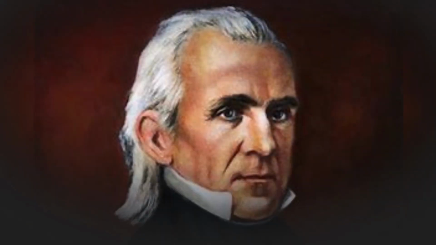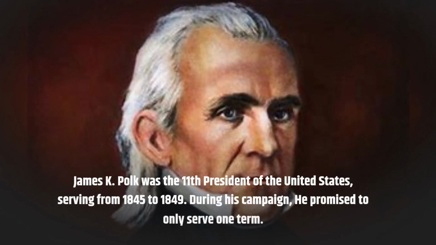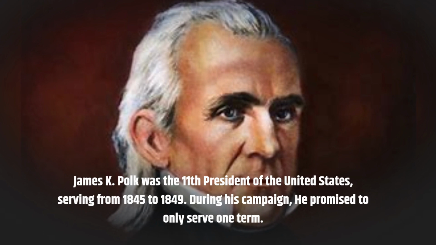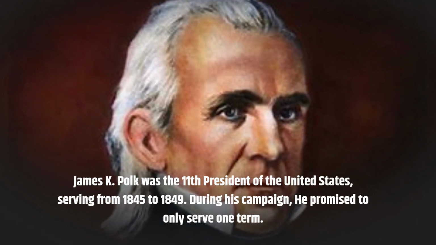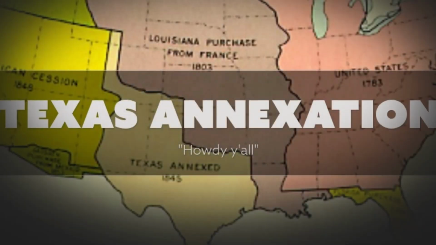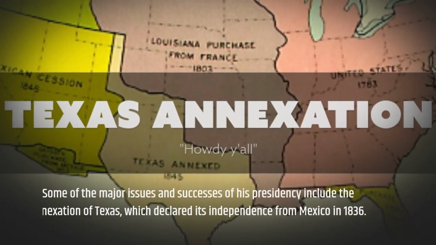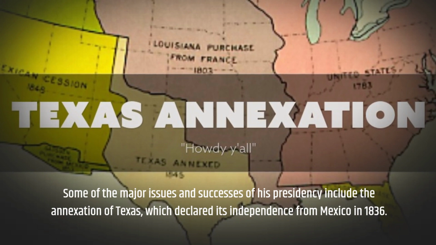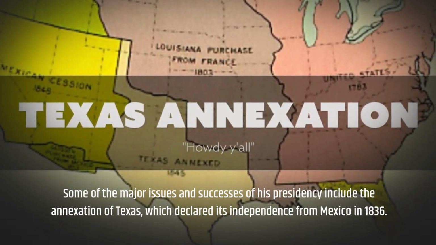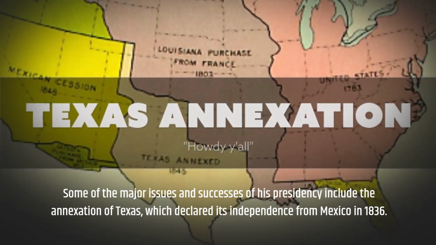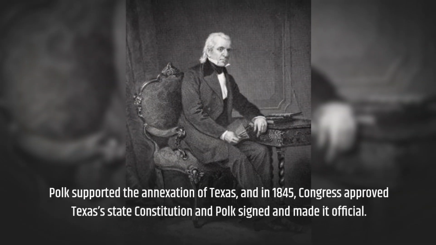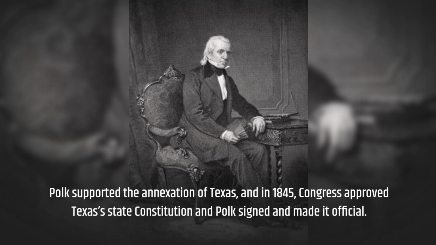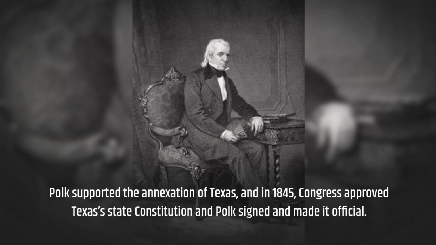James K. Polk was the 11th President of the United States, serving from 1845 to 1849. During his campaign, he promised to only serve one term. Some of the major issues and successes of his presidency include the annexation of Texas, which declared its independence from Mexico in 1836. Polk supported the annexation of Texas, and in 1845, Congress approved Texas's state constitution and Polk signed